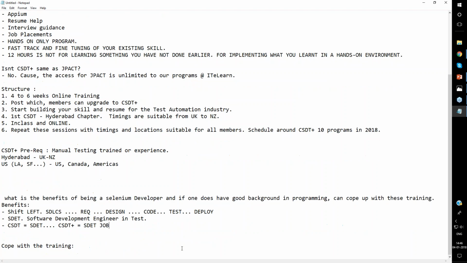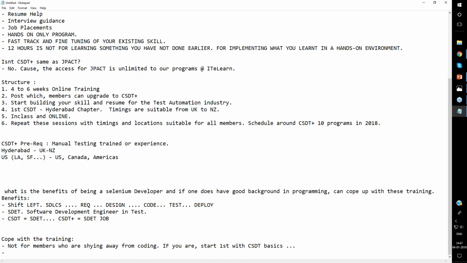So team, it is heavy, it is intense, it is a lot of programming. It is going to be coding all the way. So it is not for members who are shying away from coding. If you are, start first with CSDT basics, which are there, and then you can move forward. Now, ideal for our existing CSDT or JPACT and Selenium members, because they have the skill, and ideal for someone who is planning to go aggressively